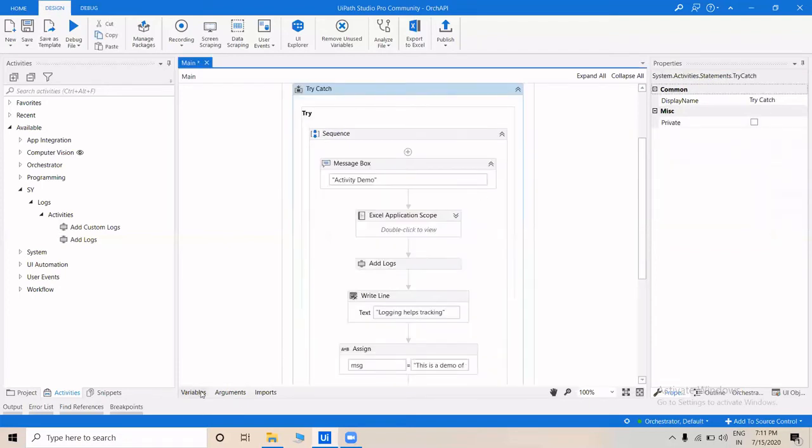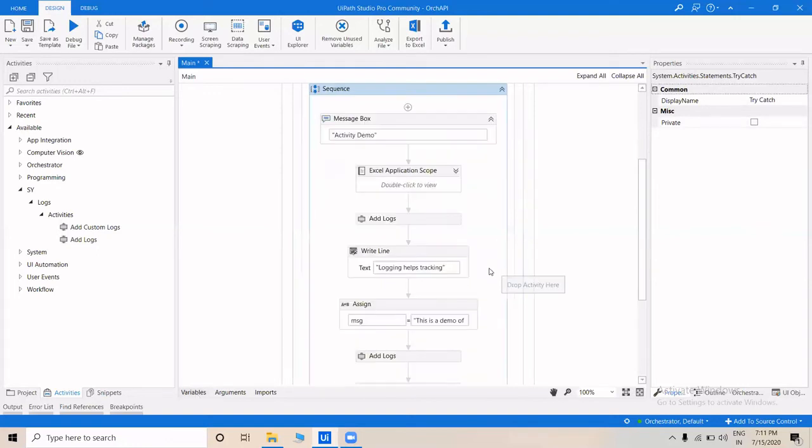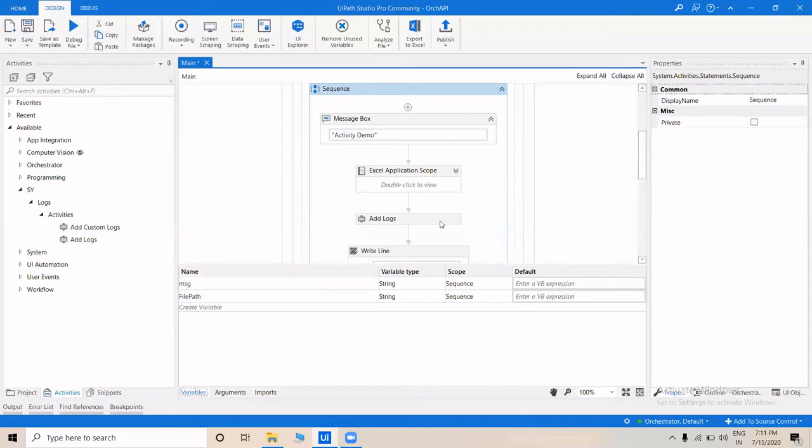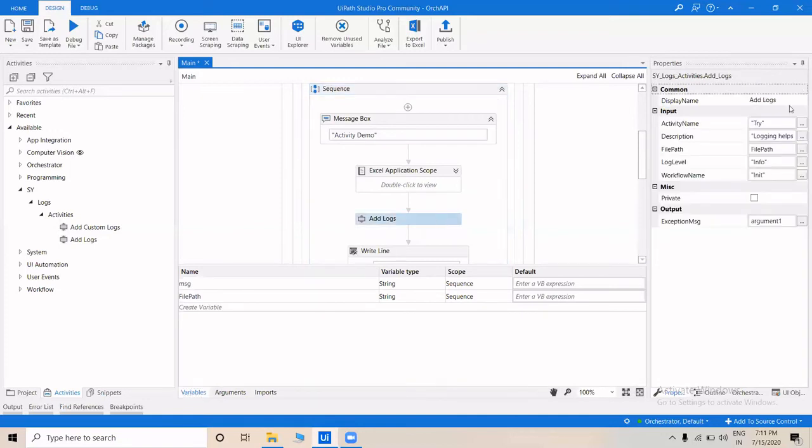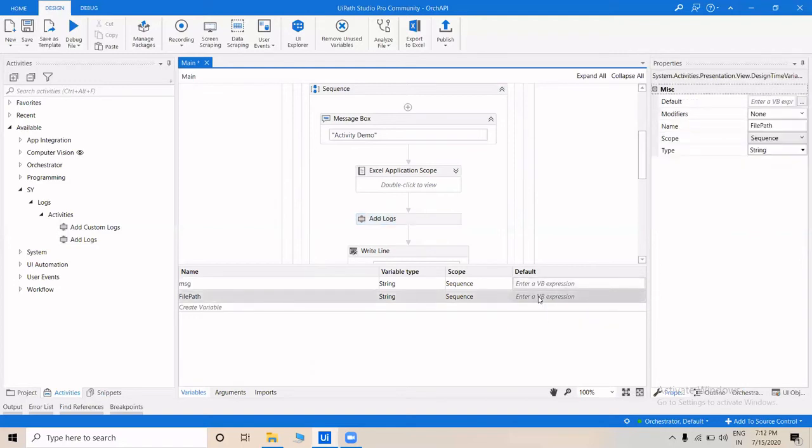So you can create this log on a daily basis, monthly basis or weekly basis. That is up to the need of your project. I'll be creating it on a daily basis. In every log, you've seen that I've passed in this file path, that is where I want my log file to be created. Because I'm using this particular variable in every log, I have declared it as a variable in the variable pane with a default value, instead of typing the whole path again and again.